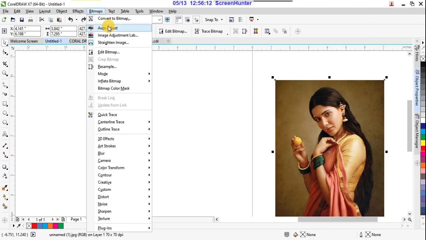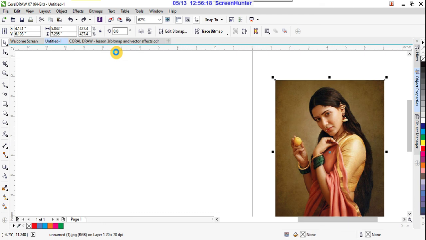The same way here, edit bitmap. Suppose when you edit bitmap, it is opening into other program, so like Photoshop, Corel has its own program, Corel Paint.